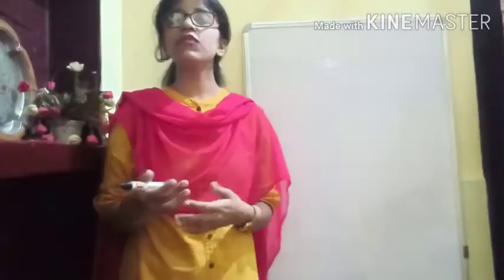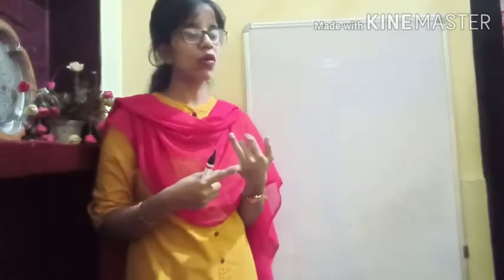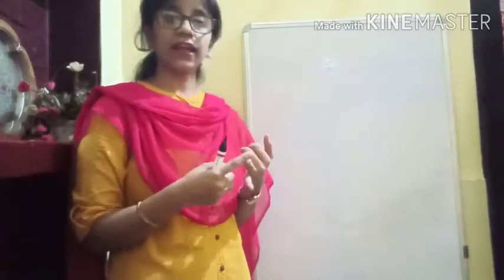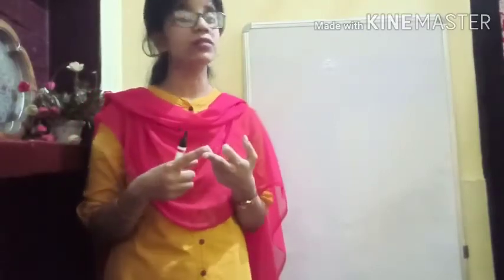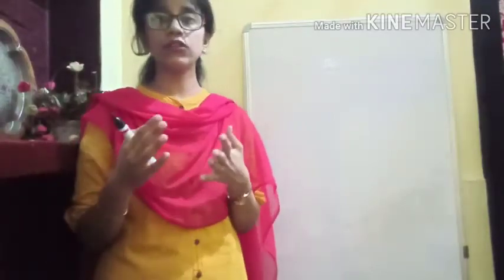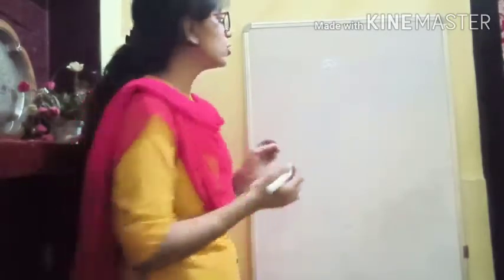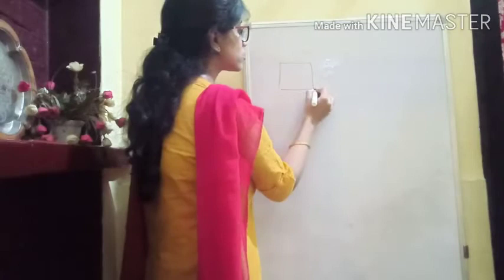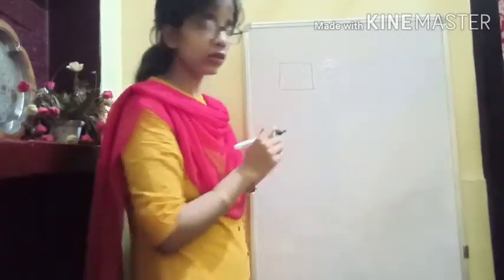Okay, and the next types of quadrilaterals are the square, and we know how to calculate the area of a square. Then we have a rectangle, then we have the rhombus, and I hope that you all know the difference between a square and a rhombus. A square is a quadrilateral with all four sides equal and all the angles 90 degrees. And in a rhombus, all four sides will be equal but the angles will not be 90 degrees.